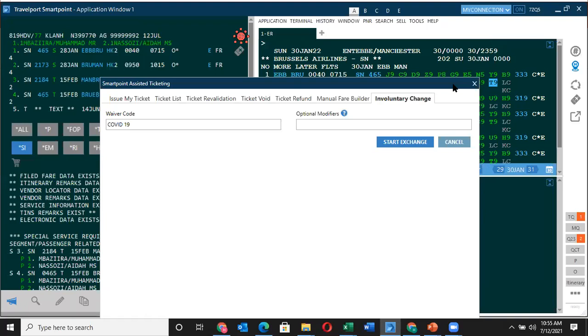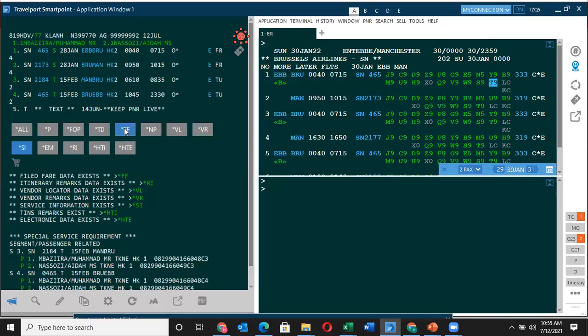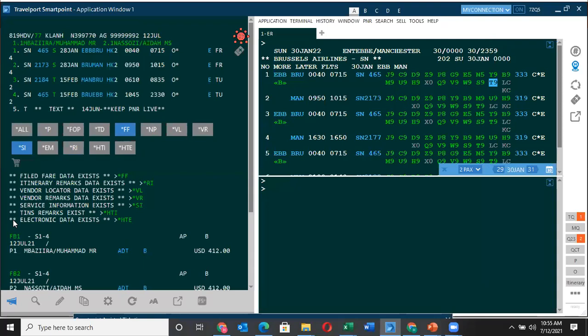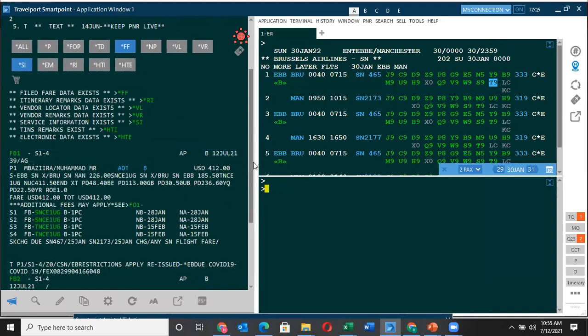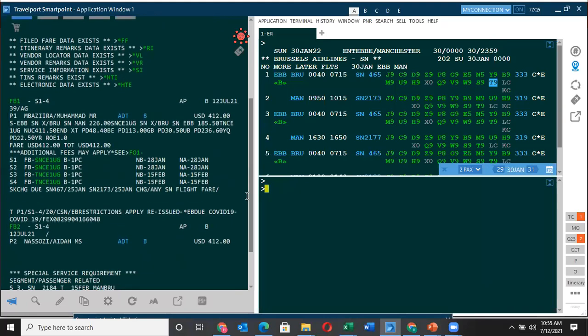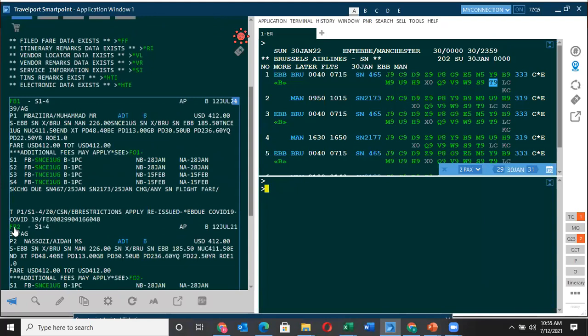Let me just minimize this. Go on to the fare file, on the file fare checkout. You just go to checkout on the file fare. See, whatever is done is okay, and you see it says